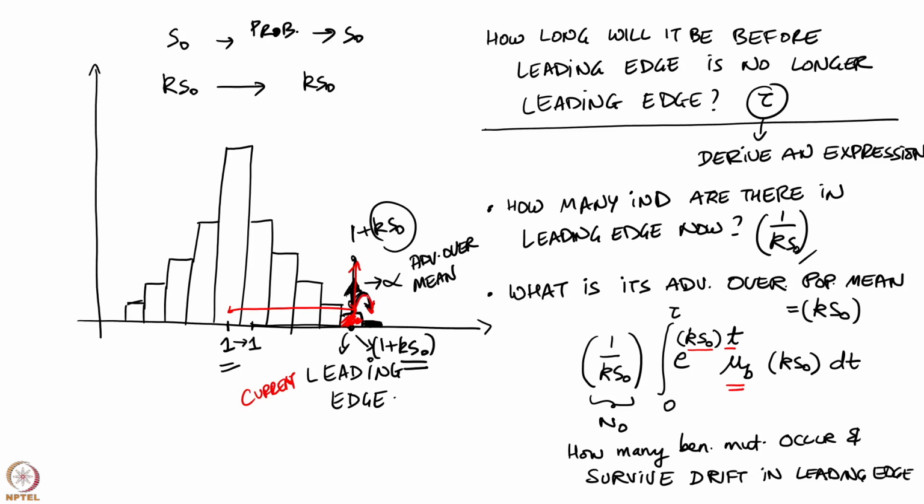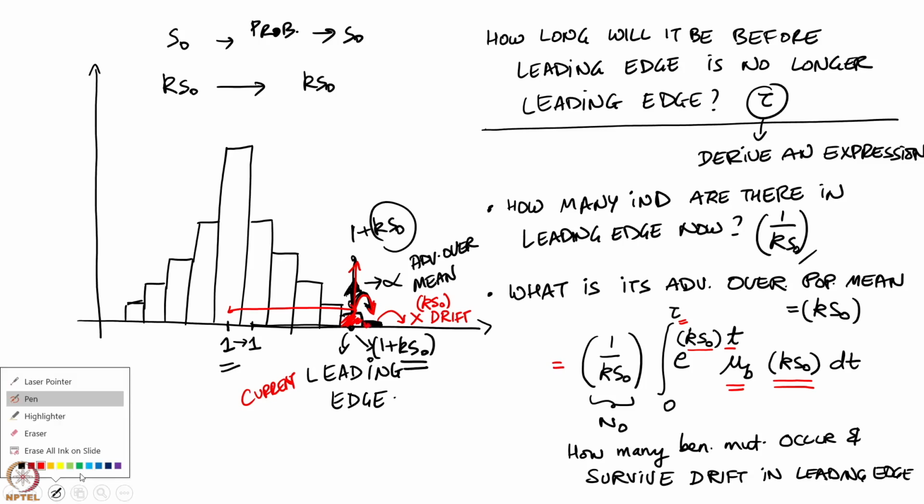But of all the mutations that are occurring, most will not survive because of the action of drift. What is the fraction of these beneficial mutations that will survive? That is simply equal to K times S naught. Hence, I multiply it with this to indicate what fraction of mutations will survive, and then I integrate this from 0 to tau. Tau is the time over which the new leading edge is established. And I am interested in solving for tau, because when this new leading edge is established,